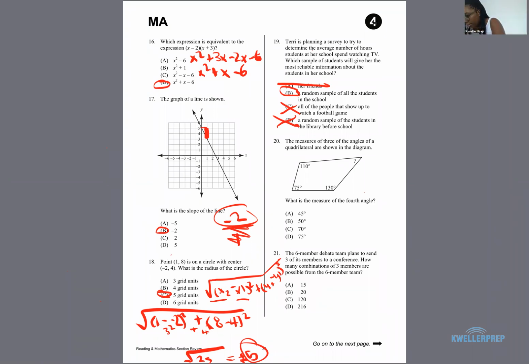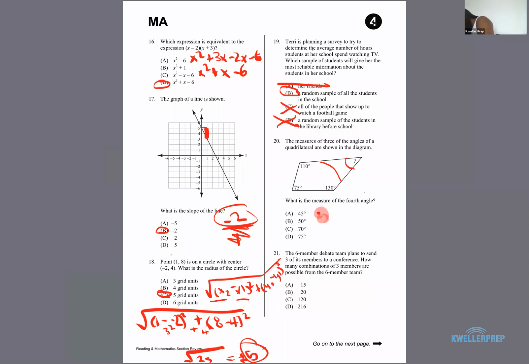So, all right. For number 20, the measures of three of the angles of a quadrilateral are shown in the diagram. When you have a quadrilateral, all of the angles need to add up to 360 degrees. So you're missing one value. But what you can do is use the information that you have to discover what that missing angle is. So you would add these three up, or you use the formula 360